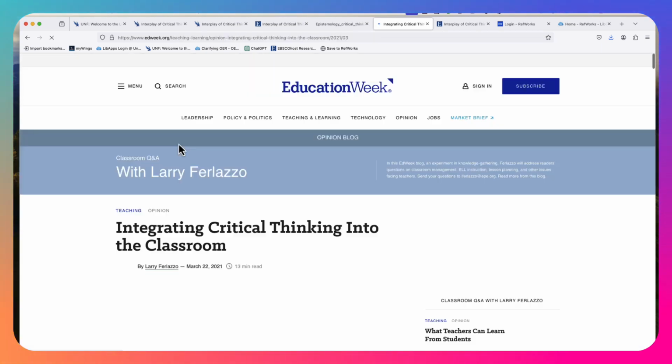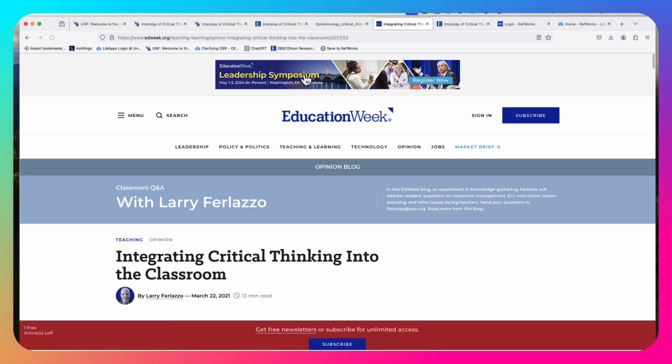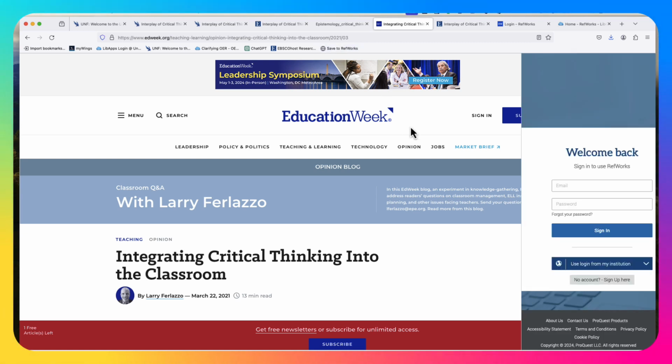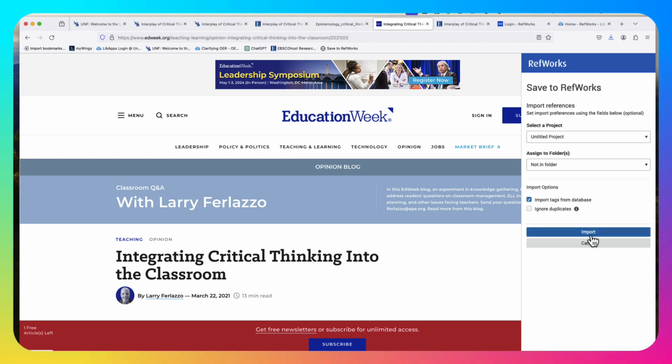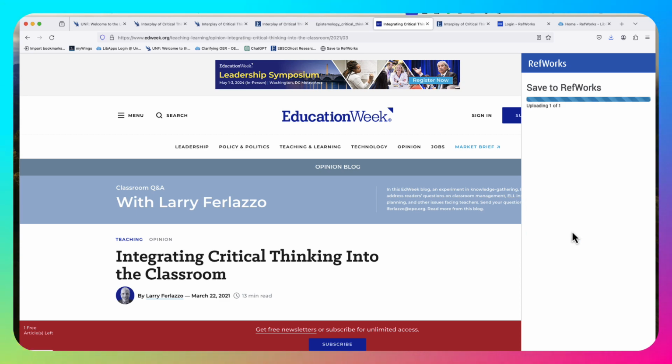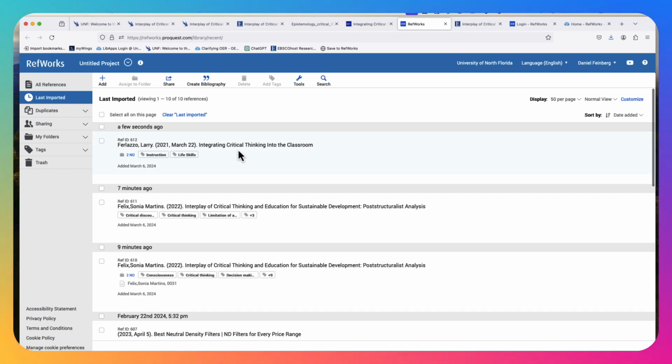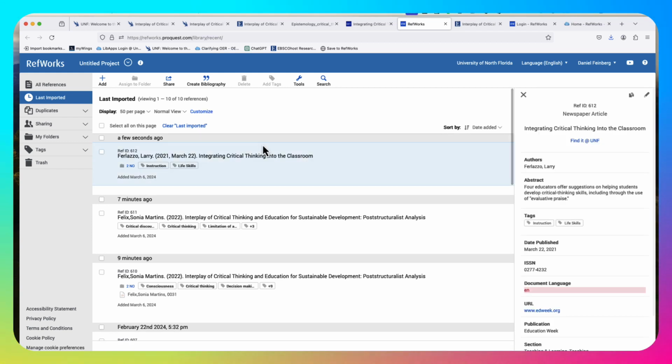Let's see if it'll pull this one. So you never really know basically if it's going to read it, the software. But if you're lucky enough, yeah, see, there we go. It hits Save to RefWorks. And I'm going to put it in the No folder. You can see how easy it is to drop things into the folder. And then View in RefWorks, so we can double check to make sure that it's right there for you.